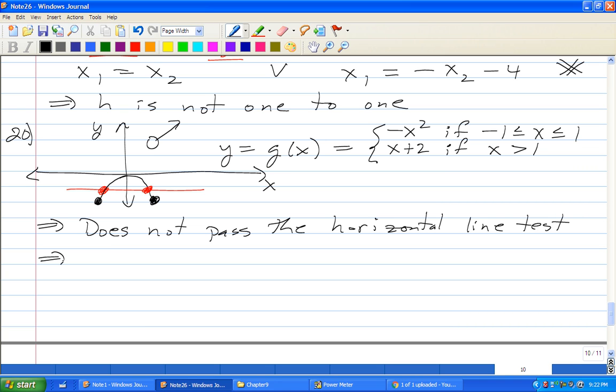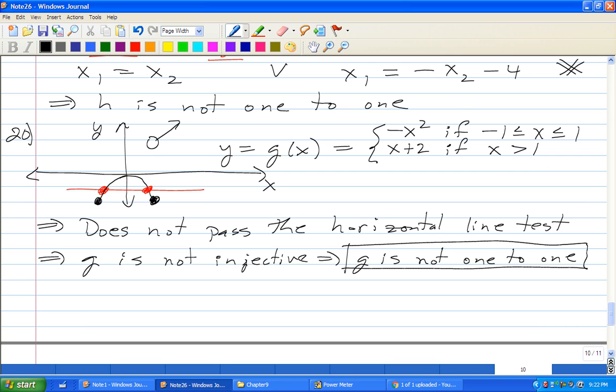And so G is not injective. G is not 1-to-1. Okay. Let me give you some